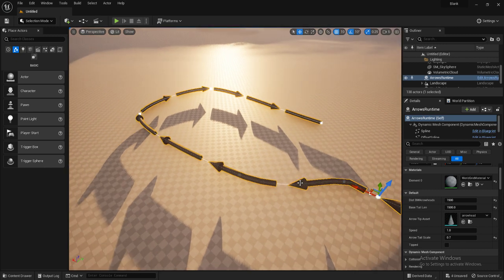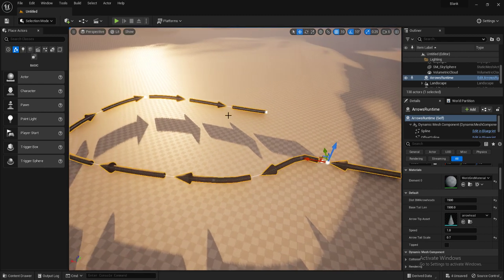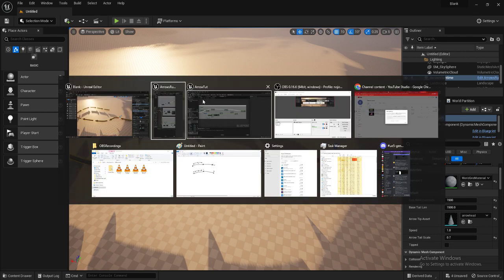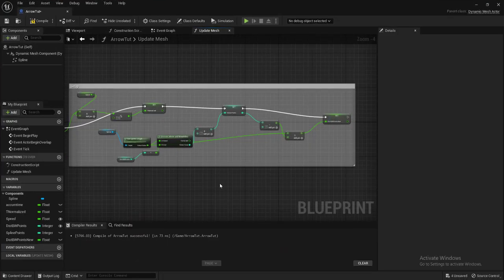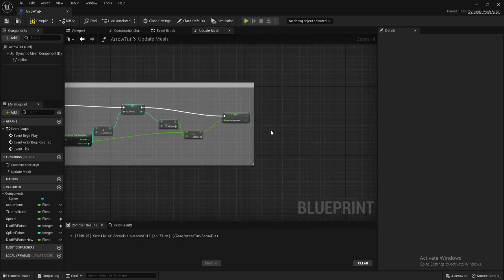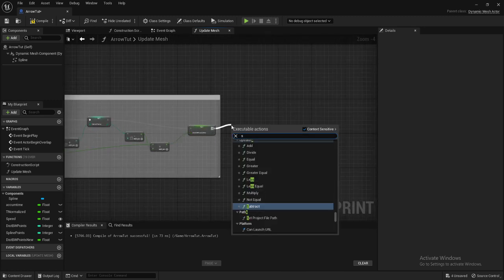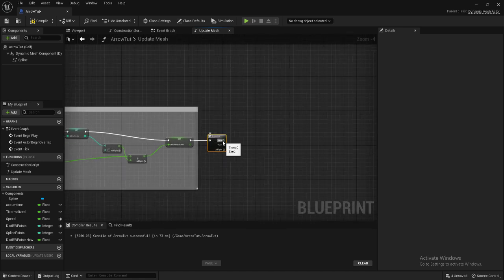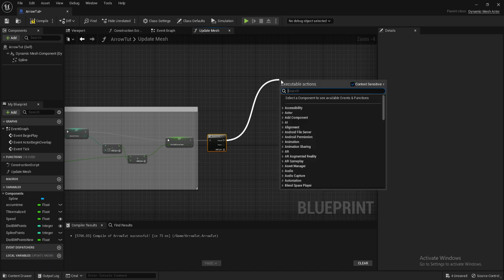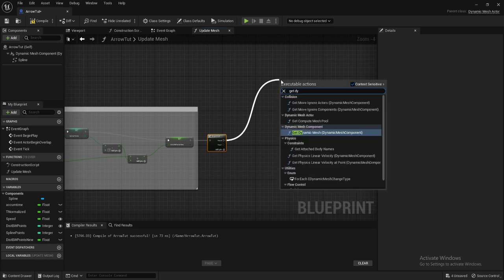So we're going to get the rotation at that point so that these arrows are facing along the tangent, and we're going to get the position and the scale of those points as well. So if we go back into our script, the next thing we're going to do is write a sequence function out so that we can have our code go from top to bottom and it's a bit more readable. So first part here is getting the dynamic mesh